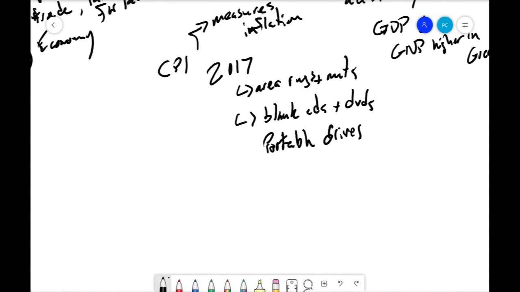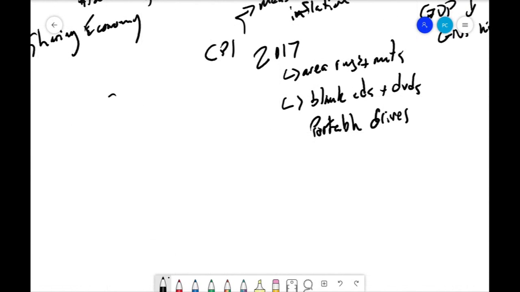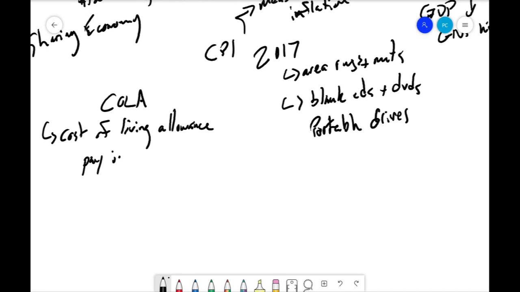It doesn't measure everything, but I'm going to bring in one other thing that you might see, called COLA, that you'll see when there's labor disputes and stuff like that. So that's cost of living allowance, right? And that basically means that every year, whatever group of people, their increase in pay would match the inflation rate, which is measured in part by CPI. So that's pay, what they call indexed to inflation. I'm just going to point that one out because it comes up quite a bit.